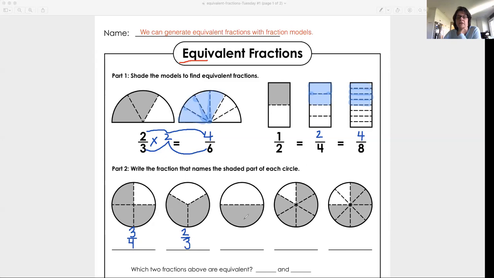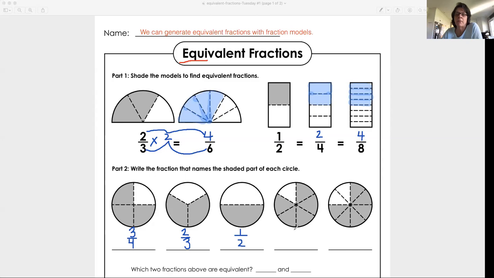The third circle is divided into 2 equal parts. 2 equal parts means halves. And so 1 is shaded, so that would be 1/2 is shaded. My next circle is divided into 1, 2, 3, 4, 5, 6 equal parts. That means sixths. And if I count the ones shaded, 1/6, 2/6, 3/6, 4/6,